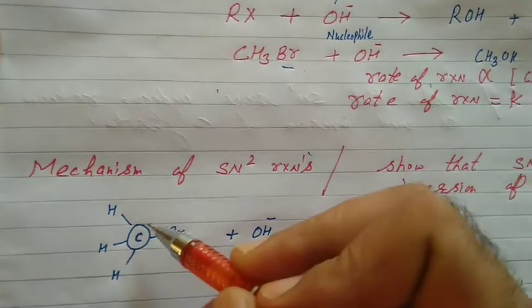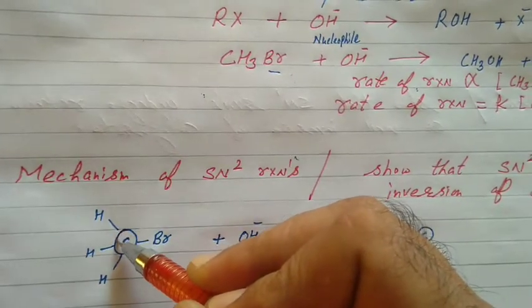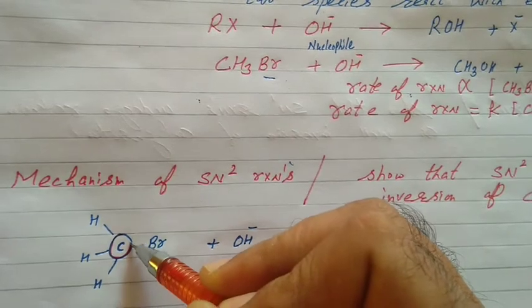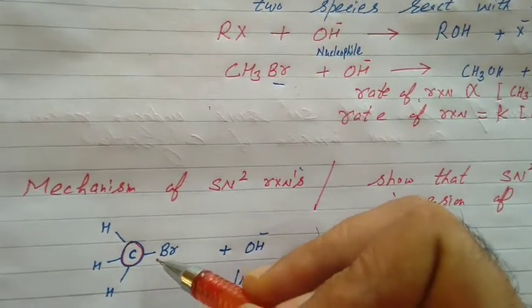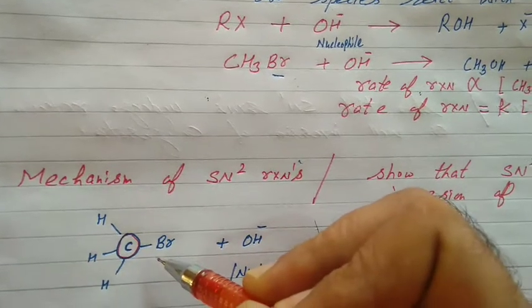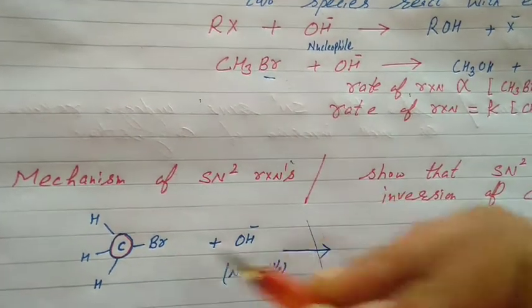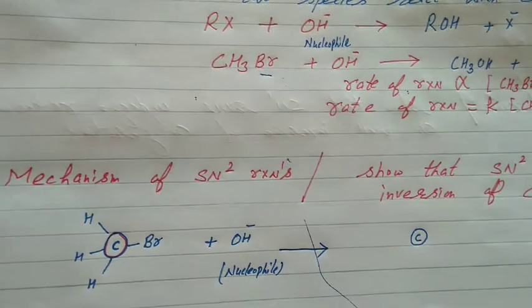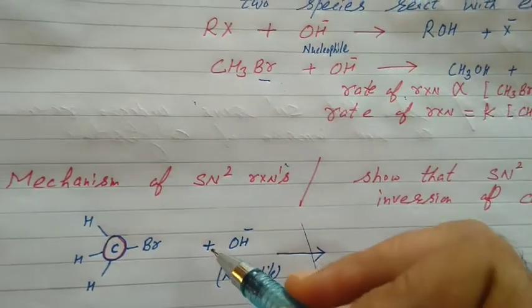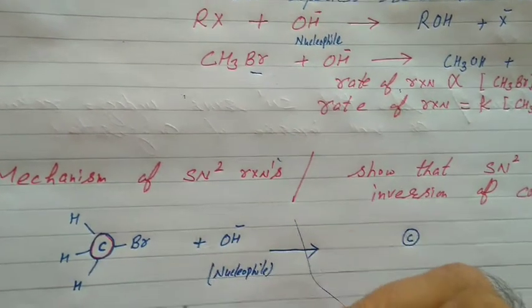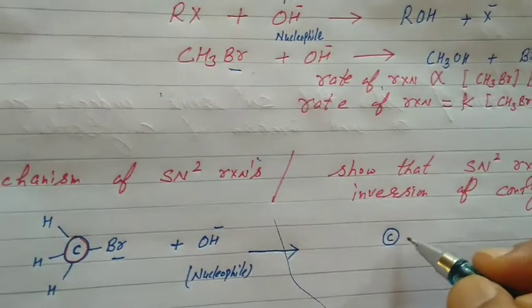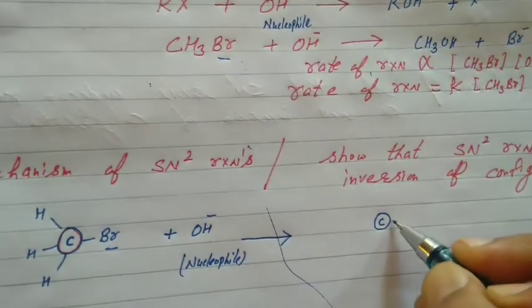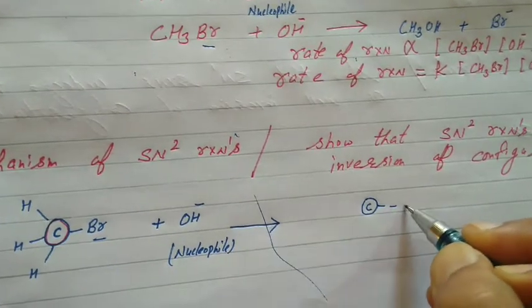Mechanism of SN2 reactions. Friends, that's the alpha carbon shown with the help of a circle. In the circle, the alpha carbon atom is mentioned. In SN2 reactions we always start from a primary haloalkane plus nucleophile. Students, what will happen? The nucleophile will approach the alpha carbon and the halide ion will eliminate. The halide ion is the leaving group. Please look here carefully. This bond will start breaking.